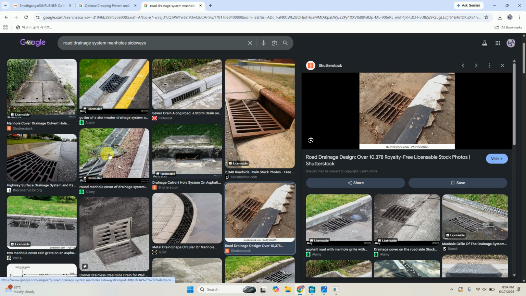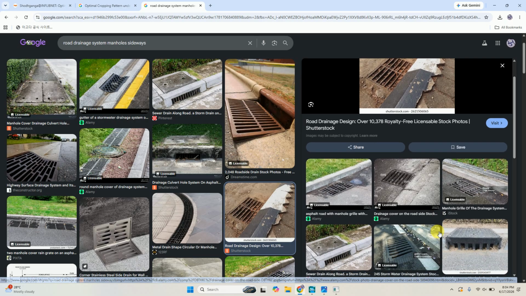In a side inlet, the elevation of the inlet is a little bit above. Here you can see this is the difference between side inlet and top inlet.